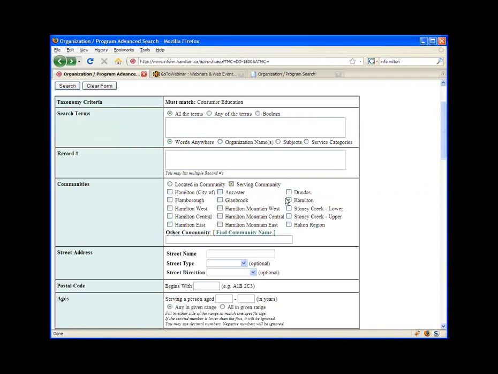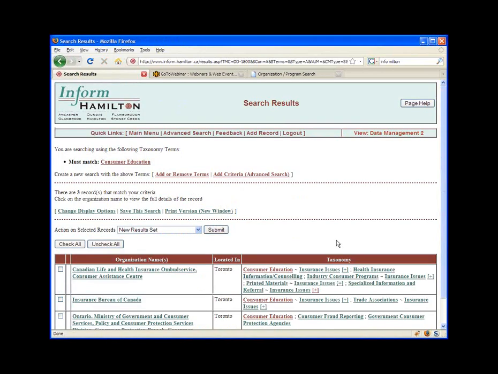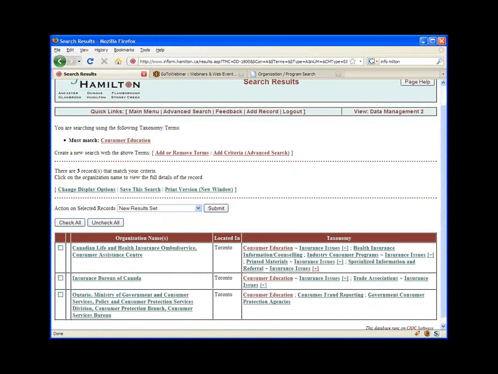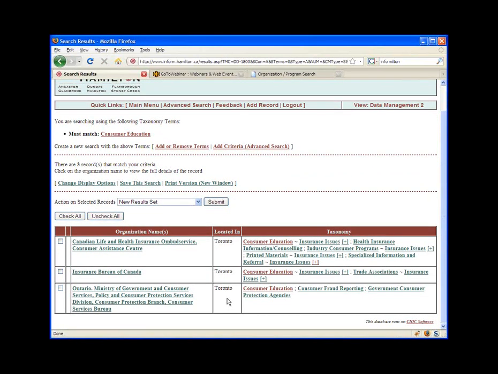So I'm going to say serving community Hamilton instead of located in. I think I'll get better results. And again, I did, because they're all three located in Toronto, but they happen to serve Hamilton. So you can do any, as I said earlier, any advanced criteria that you would normally do, and it does remember all of your specific taxonomy searches that you build,